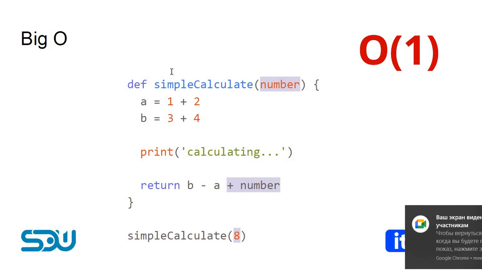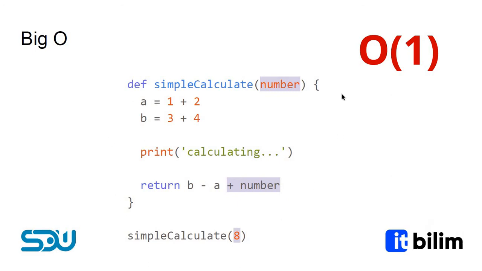And then after that we have this kind of pseudocode. Here we do some operation, making some addition, and after that we assign its result to some variable. After that we print something here, and after that we return something here. So in this case our time complexity will be O(1), because in this case it will go through with one